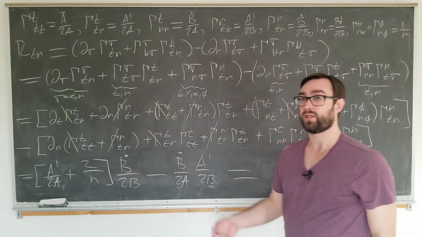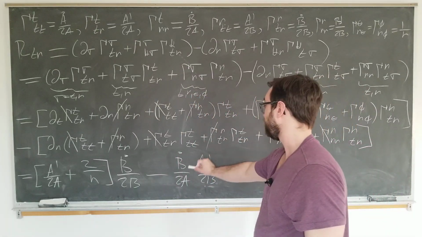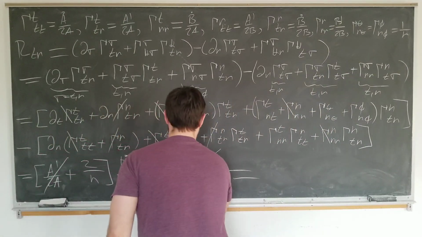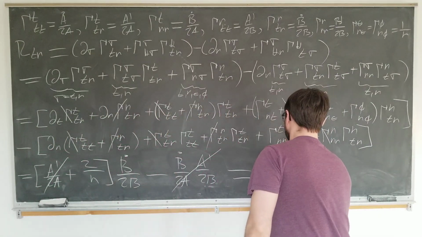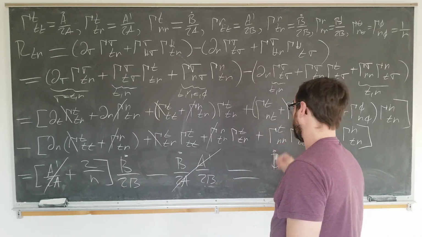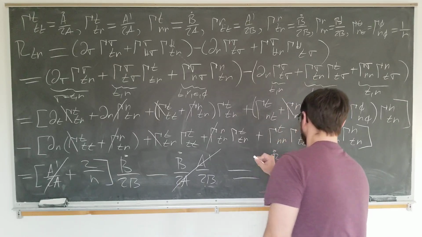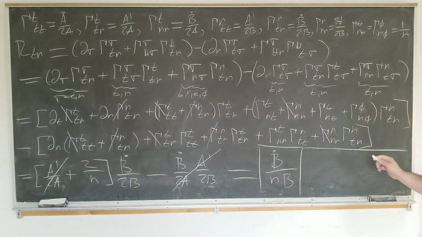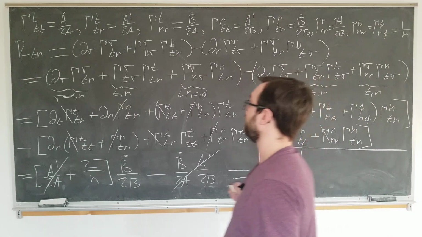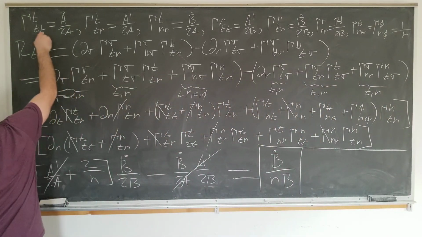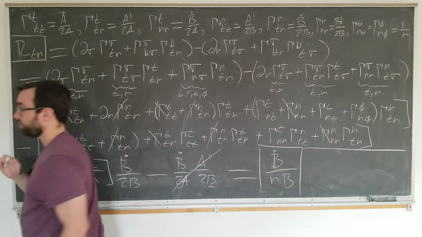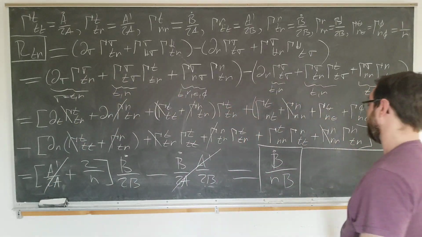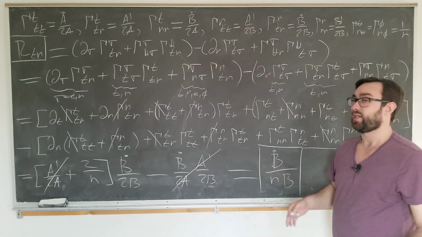And miraculously, we see that this here is the same as the first term, so it cancels, leaving us with a surprisingly simple result, b dot over rb. This is our final answer here. We did all of this work just to show that our new Christoffel symbol, RTR, that's what we're calculating, it's the only new one,